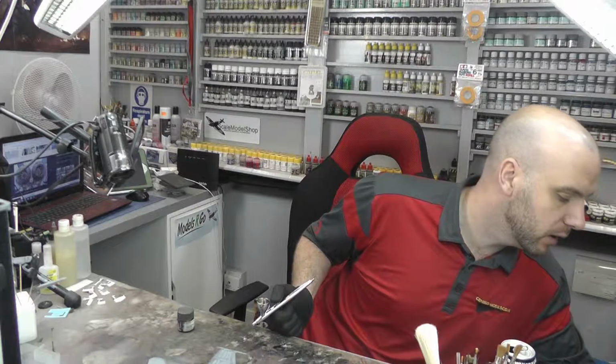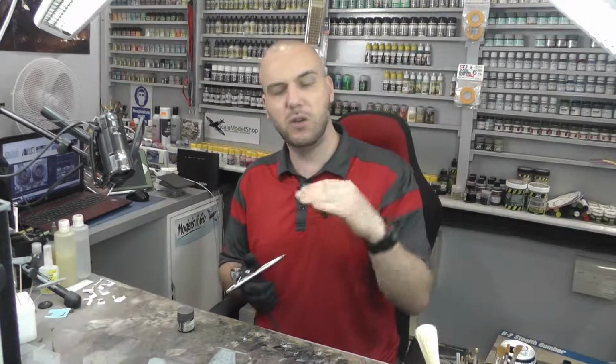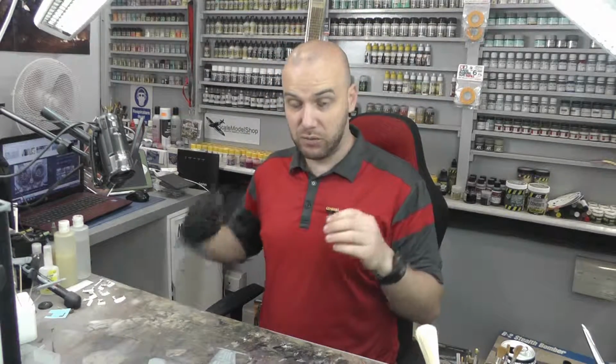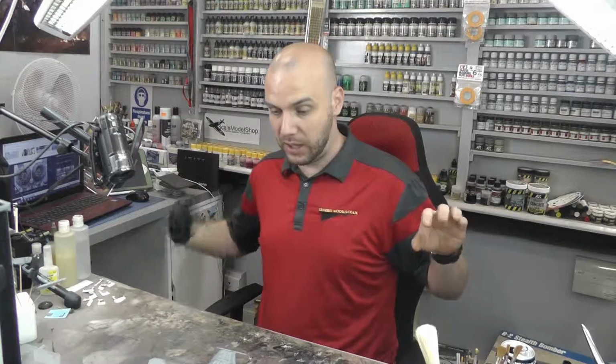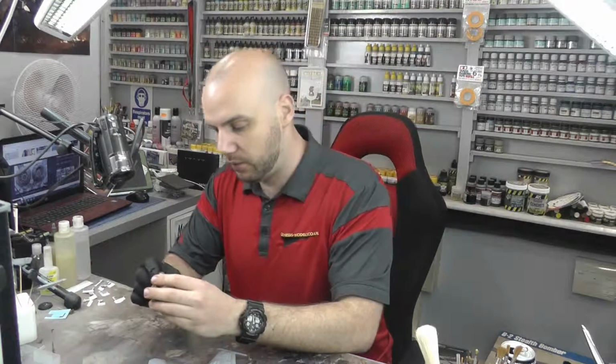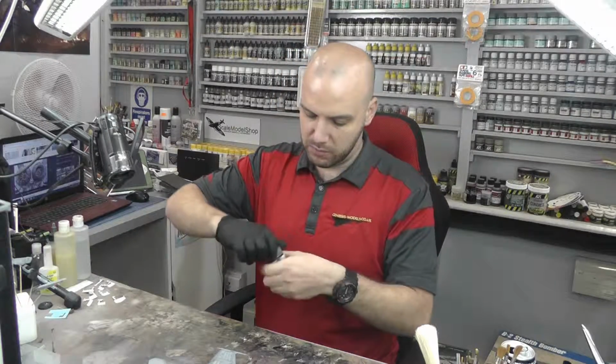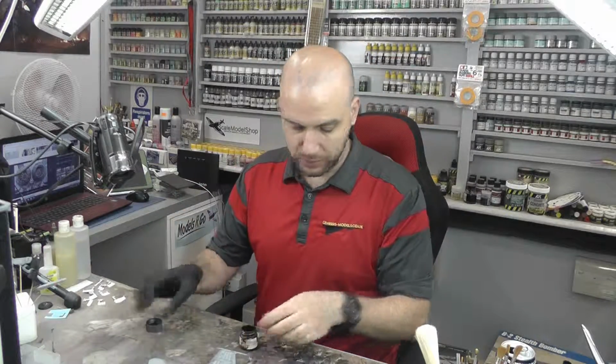So I'm just getting that about right. It's got to be nice and low. This stuff is lacquer based. Because it's lacquer based, it is rather thin and evaporates really quickly. You don't need a lot of air pressure to blow it out, and it just goes down better with a lower air pressure. Make sure you give it a good shake and get all the sediment off of the bottom,